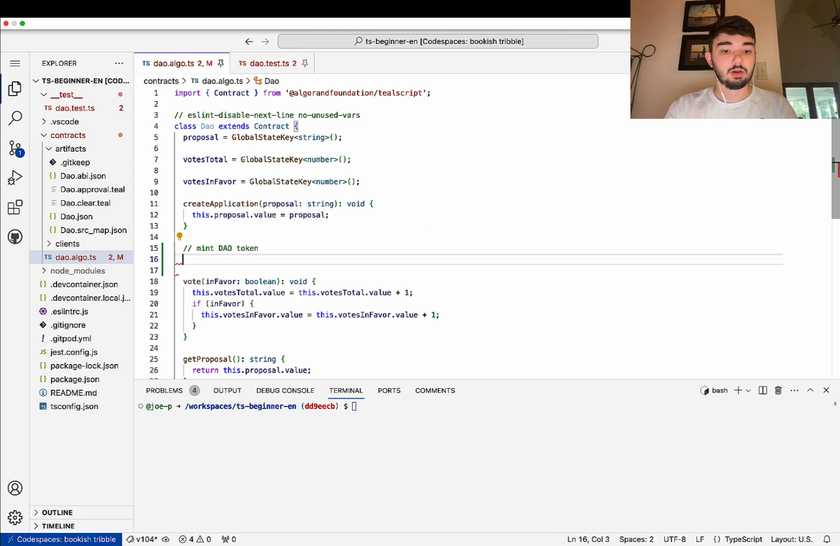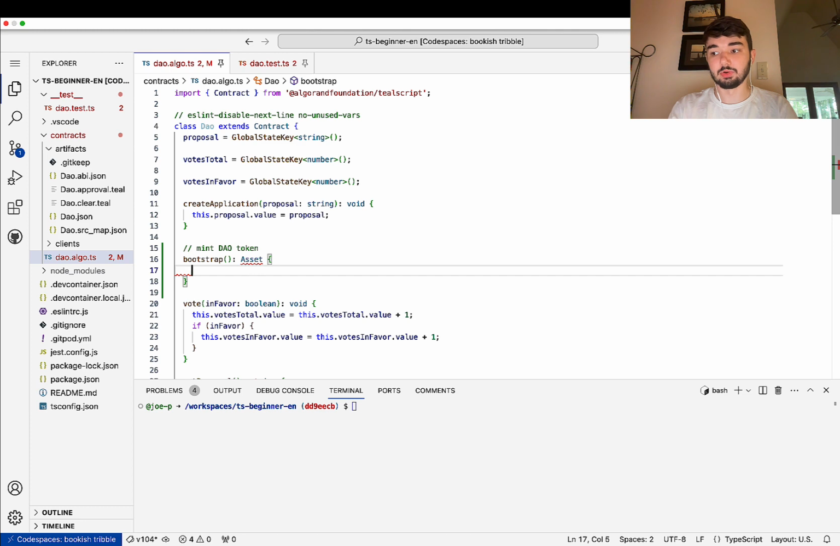So what I'm going to do is create a method called bootstrap. And it's going to return an asset. So basically what's going to happen, someone calls the bootstrap method, the contract will mint a token, and then return that token that it minted. Now, in order to create a token on Algorand, it's pretty simple. We're just going to say const